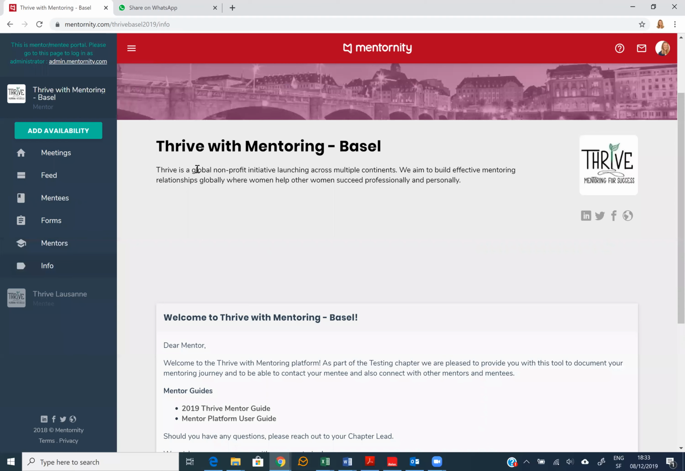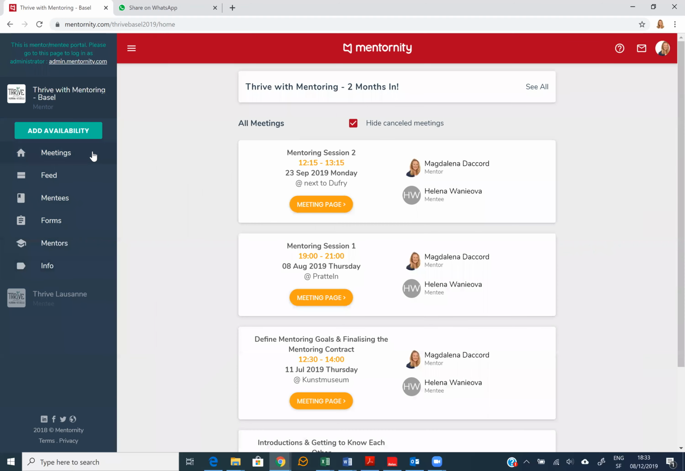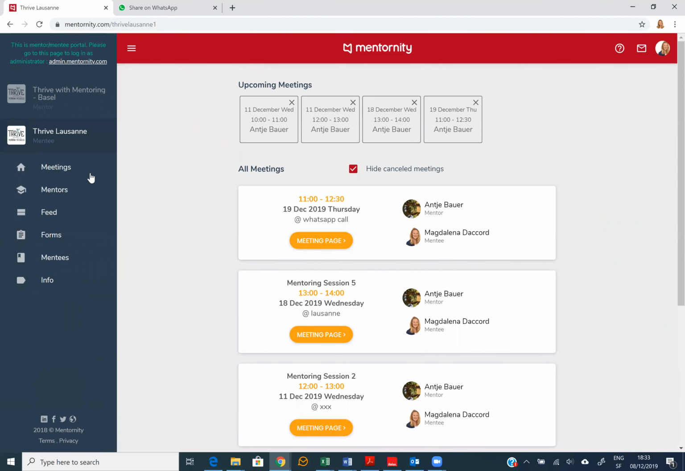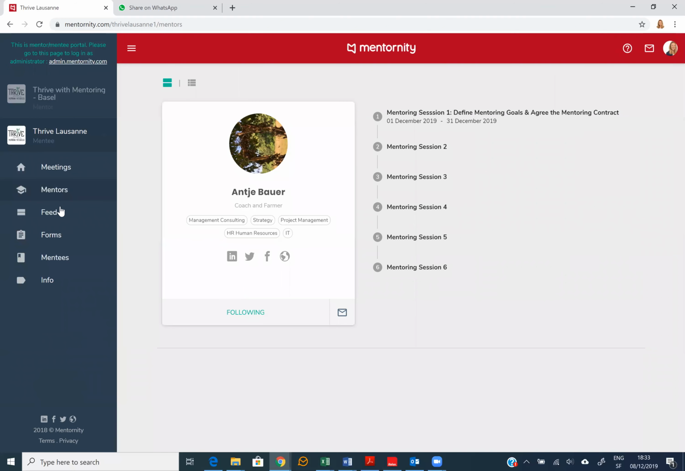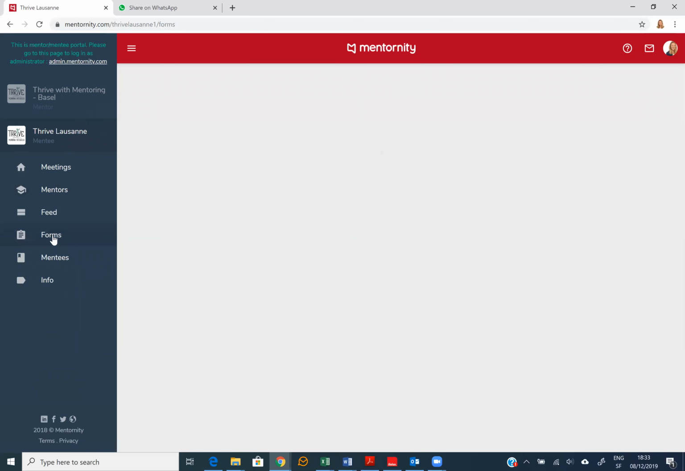I think this actually covers all the information for this tutorial. I will just quickly remind you of what we have covered. So we've been through setting up your profile in the right top corner. And then on the left-hand side, we have covered the mentee perspective. We went through meetings, mentors, how to actually set up your individual sessions, the feed, forms,